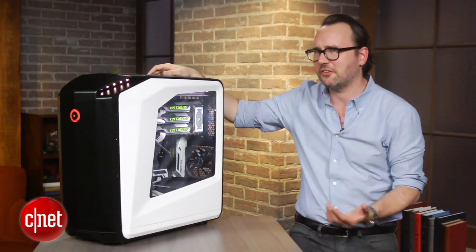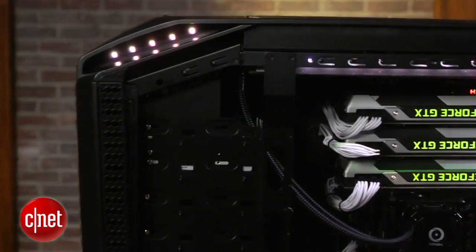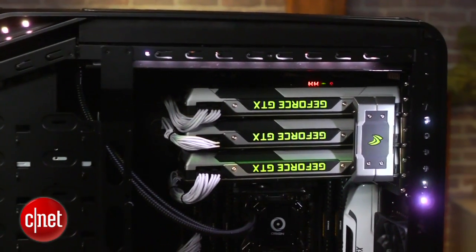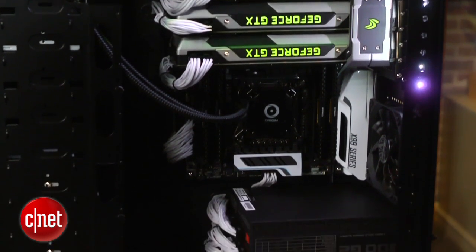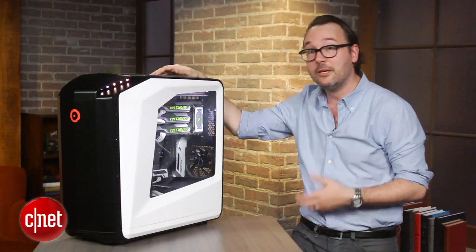Now, here's the bad news. This configuration costs $6,000. The better news is if you really want all this next-gen stuff, you could dial down the CPU a little bit and still keep it Haswell-E and just get one of these cards. That'll be about $2,800 in this same Millennium case from Origin PC,